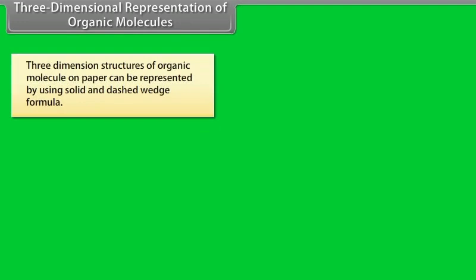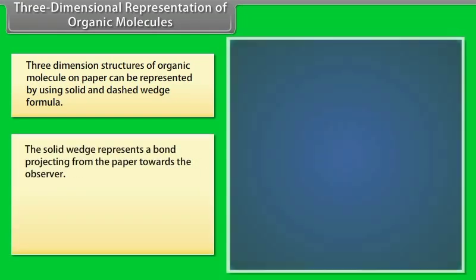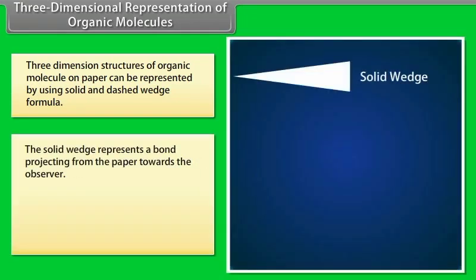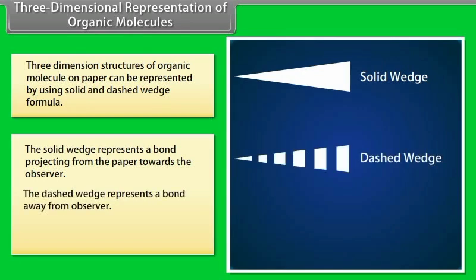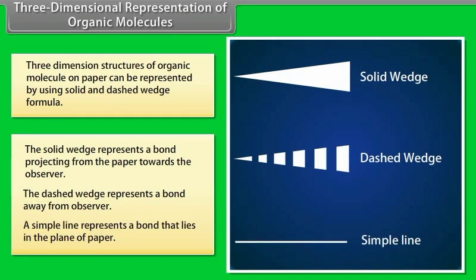Three-dimensional representation of organic molecules. Three-dimensional structures of organic molecule on paper can be represented by using solid and dashed wedge formula. The solid wedge represents a bond projecting from the paper towards the observer. The dashed wedge represents a bond away from the observer. A simple line represents a bond that lies in the plane of